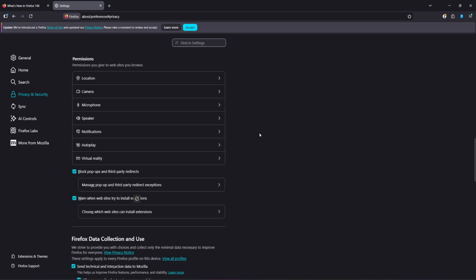So right here, as you see, you will see this checked box: Block pop-up windows and third-party redirects. So you can uncheck this, but this will enable pop-ups for all sites. Now, this is not recommended every time, but we can do some